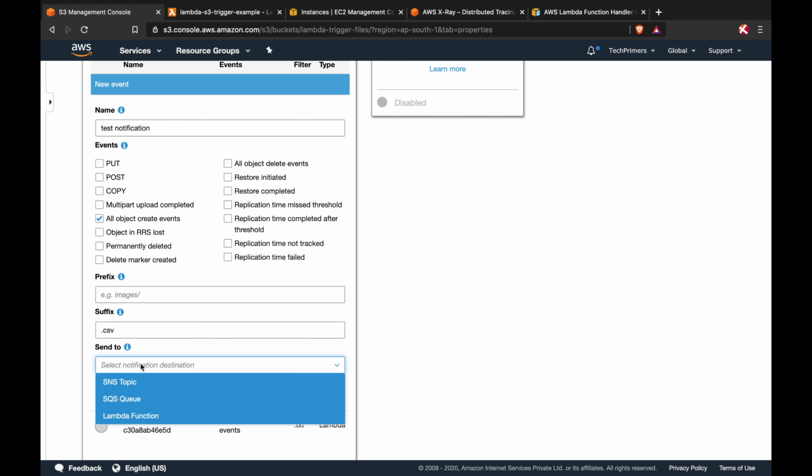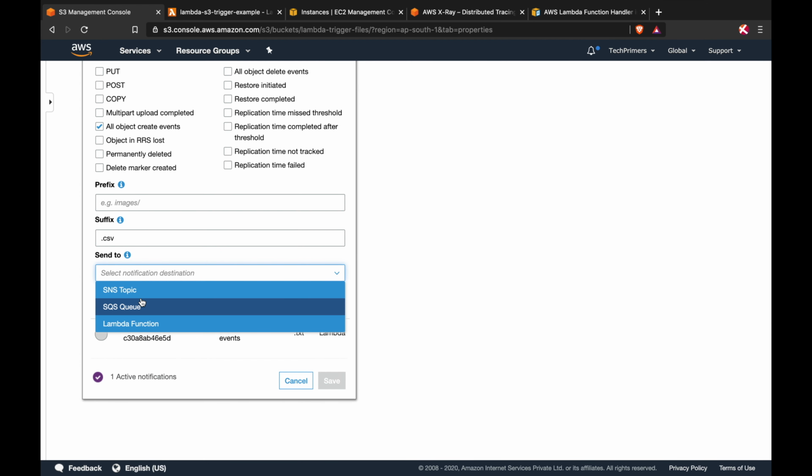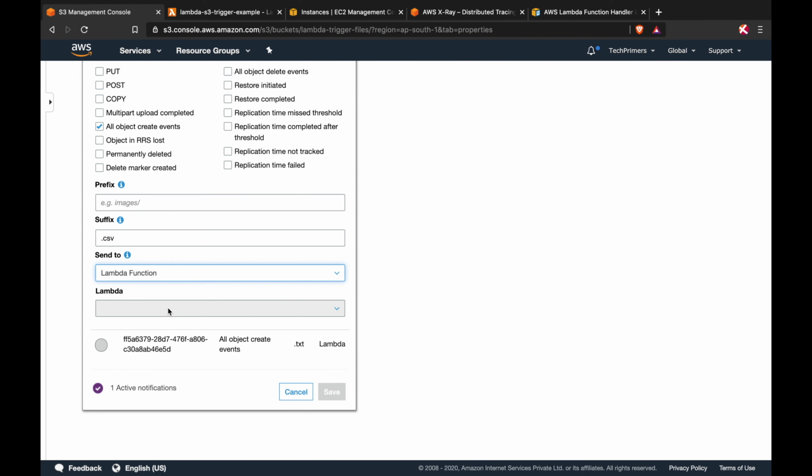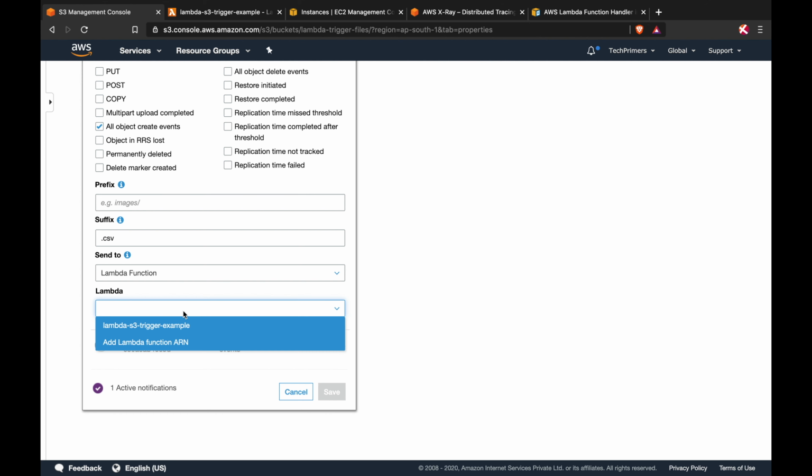And where do I send it to? You can either send it to an SNS topic or an SQS queue, or you can trigger a Lambda function. And that's what we are doing here. The moment I click on the Lambda function, all the Lambdas which we have in this particular account will be listed here. So we have this particular Lambda. So I'm just selecting that. The moment I click save,